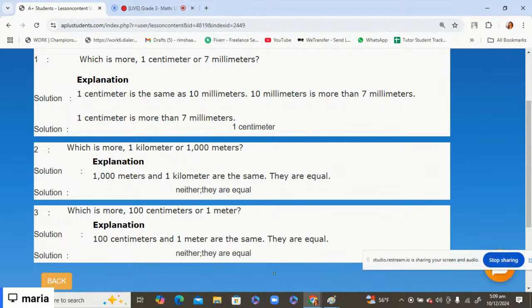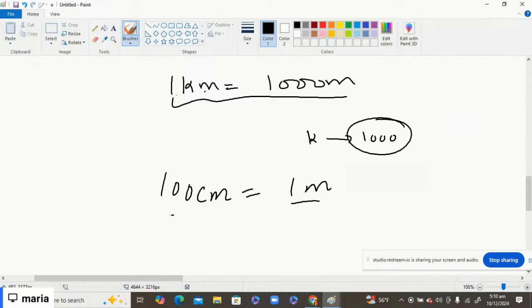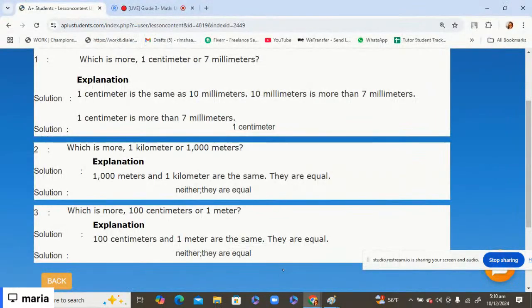And one more thing, look, this is what is written here. 1 kilometer is equal to 1000 meters and 100 centimeters is equal to 1 meter. These two statements are also equal. 100 centimeters equals 1 meter and 1000 meters equals 1 kilometer. Okay,